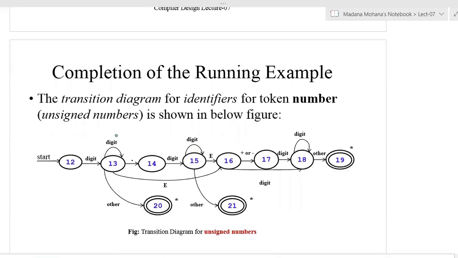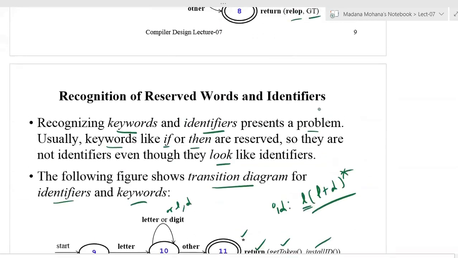Now here you can see the final example, the completion of the running example. The transition diagram for the token number, which covers the categories of unsigned numbers, is shown below. So now for identifiers with unsigned number combination, the final transition diagram is shown below. So this is the transition diagram for unsigned numbers. Now here you can see, first we are starting. See, the unsigned number definition you can recall once, what we defined